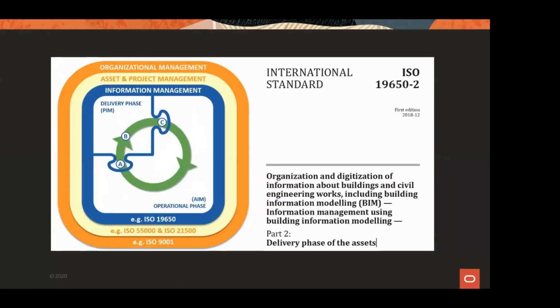So if we look around, what can support us in actually guiding the digital transformation process? It's quite easy. Let's look towards international standards. And many organizations in Africa already have adopted ISO 9000 series in terms of quality management. Many have adopted asset management and project management standards. And now with the ISO 19650, that presents us as a continent as well with the opportunity to standardize how we manage information during the delivery phase of assets. But managing that information about the asset is really two components.